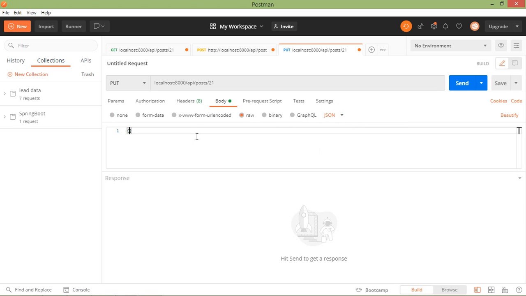And inside this JSON just add a title. Let's say title colon updated post 21, and body, updated post 21 description.